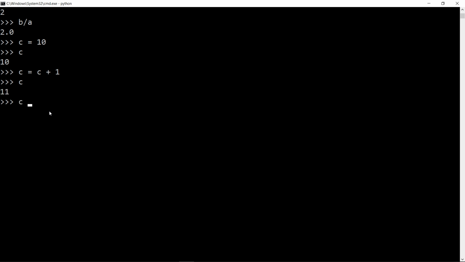Now let's do something like this, but in another way. As I assigned the initial value of c to be 10, I am going to do c plus equals 1. Let's see. It gives us 11. So what we did was shorten this